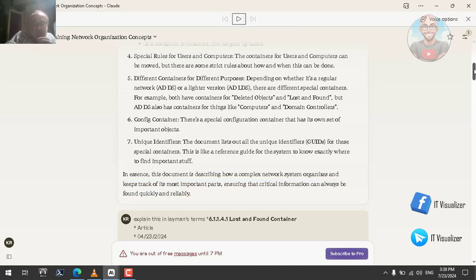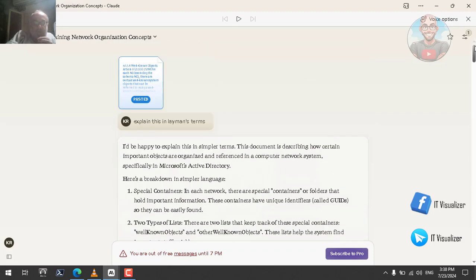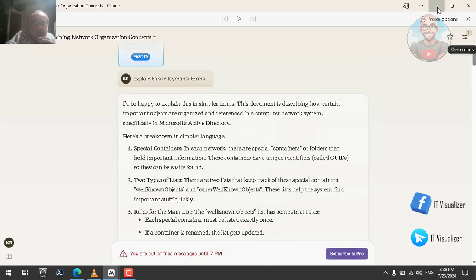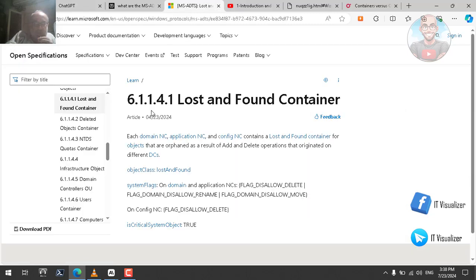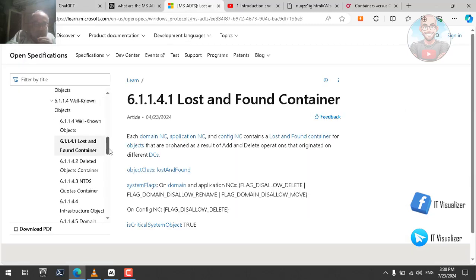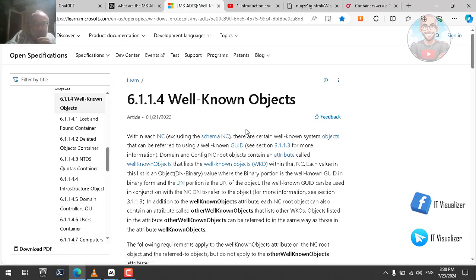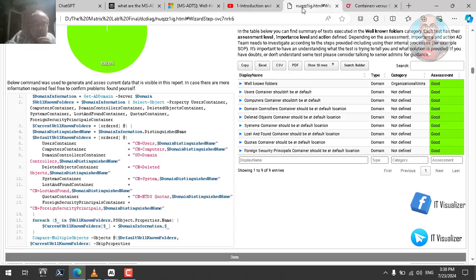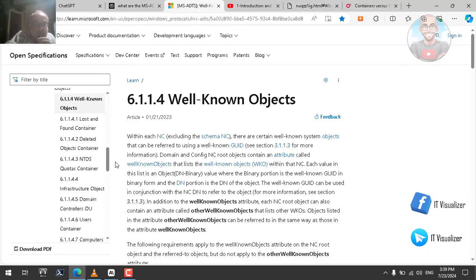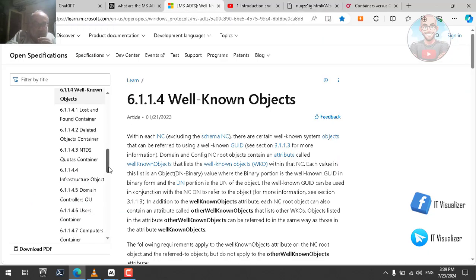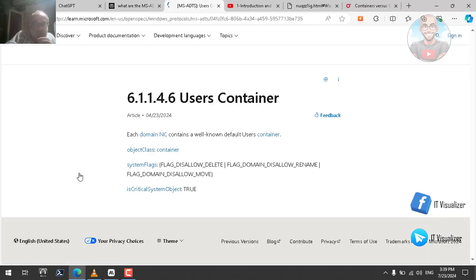So as we can see here, this is the explanation of a well-known object. If we go to the URL of Microsoft, here it is explaining. Here I asked it to get this, the well-known object. I got the explanation for this and asked Claude to explain it. So if we need to explain one by one of these containers, the users container, for example, if we go there and see what Microsoft have to say about it,